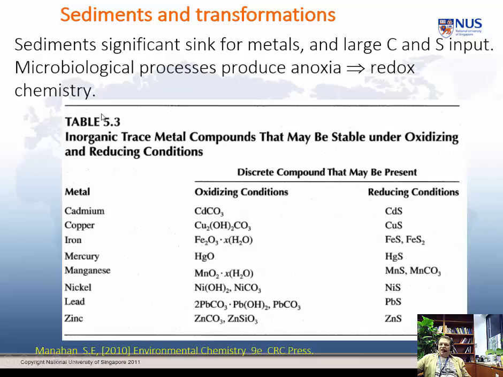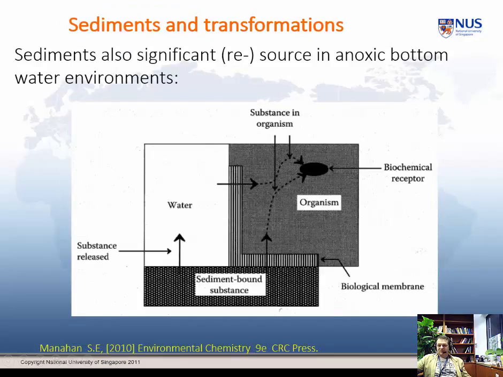There's large carbon and sulfur inputs, and these sediments usually, because of microbiological processes, actually display significant redox potentials. We won't look at them in this module, but in something like environmental chemistry, for instance, we'd look at Pourbaix diagrams to model what species you might expect. And here's a small table to show you the types of metals and their form in oxidizing conditions, which will be in the water column, and their form in the sediments in reducing conditions.